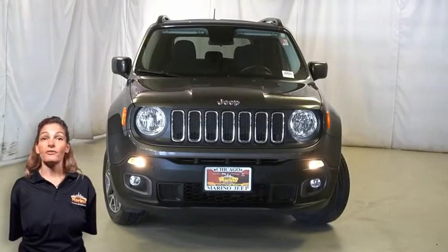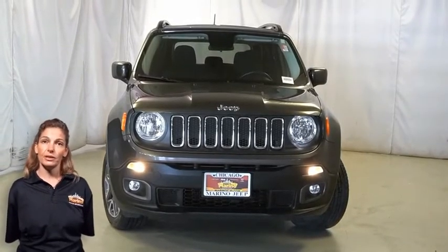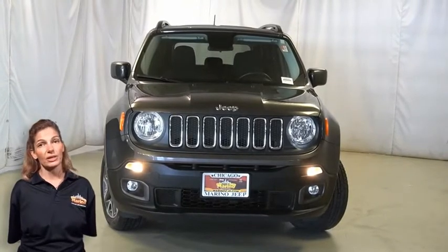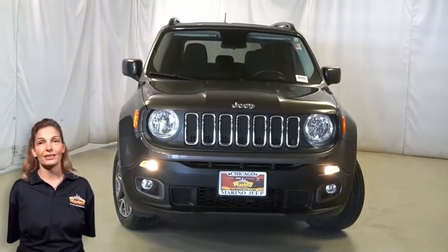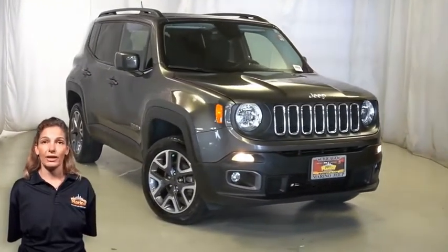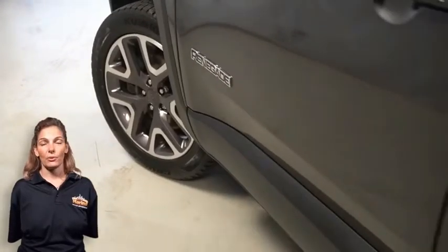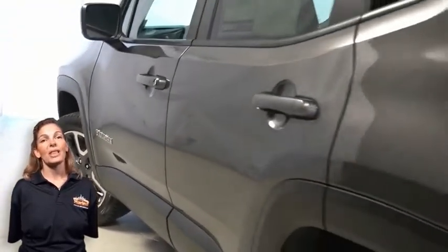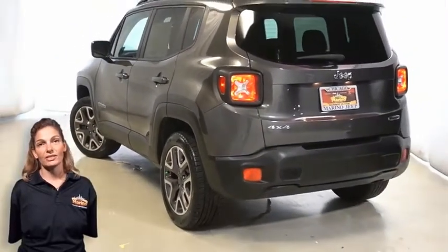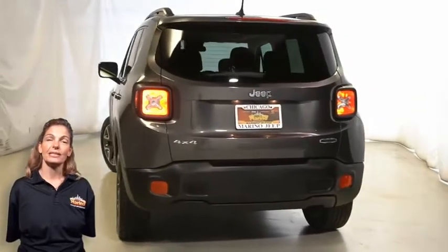If you're looking for a functional compact SUV with reliability and safety for the whole family, then take a look at this certified pre-owned 2016 Jeep Renegade Latitude in granite crystal metallic with automatic headlamps, cornering front fog lamps, 18-inch aluminum wheels, power heated mirrors, black side roof rails, manual 6-way adjustable driver's seat, steering wheel mounted audio controls, integrated